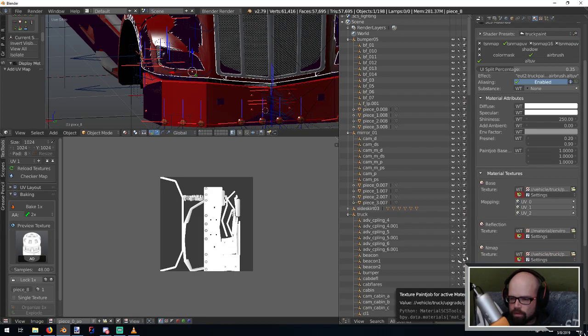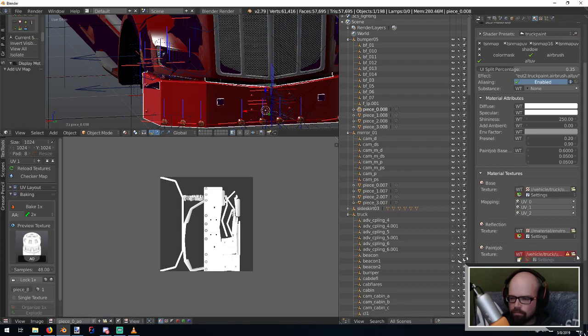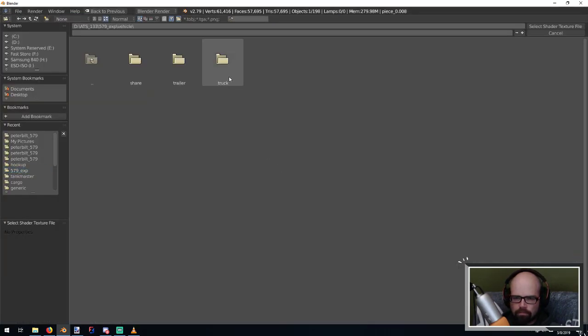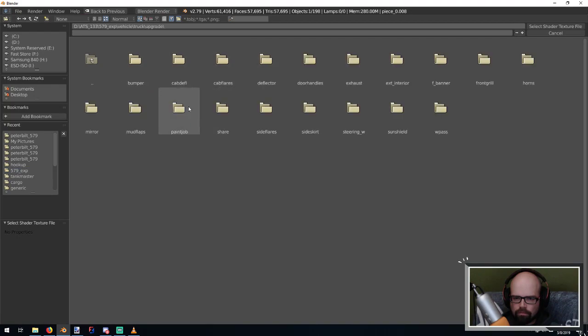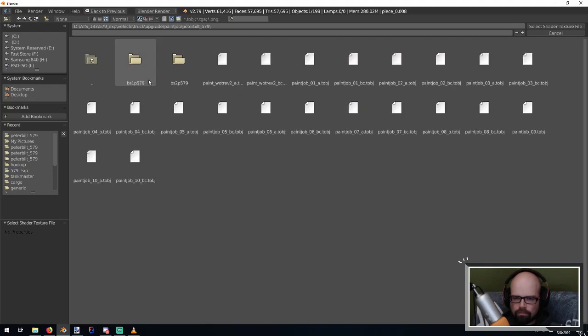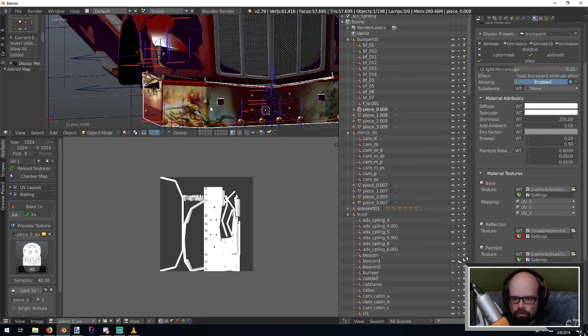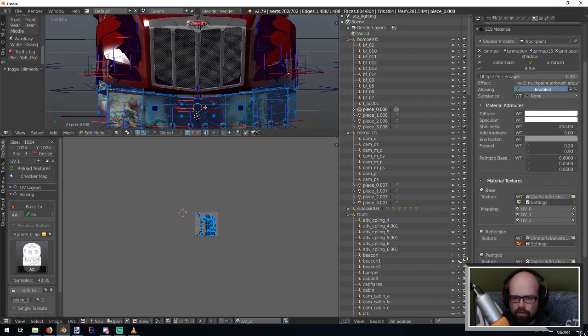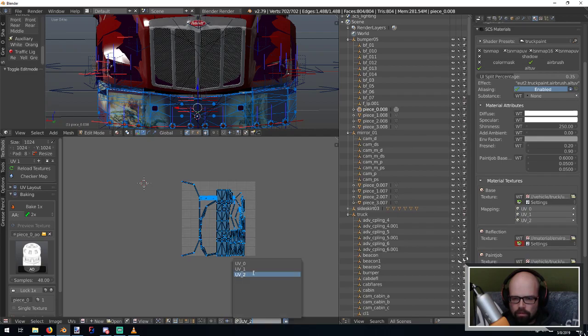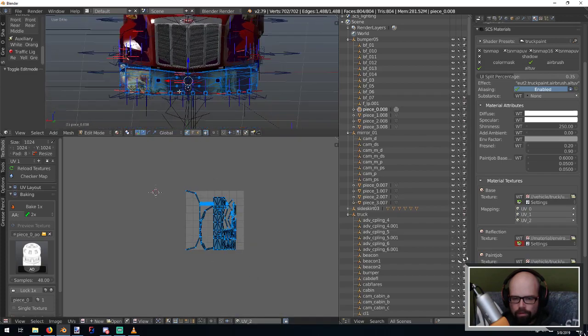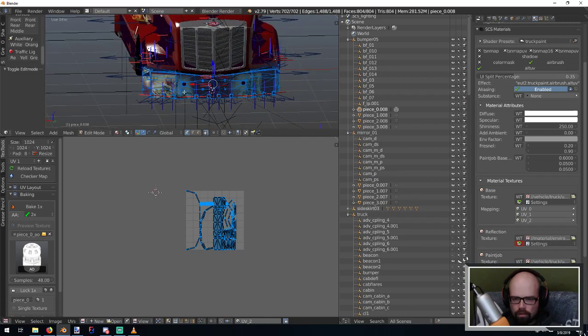Let's go find this. This is Paint Job 01 BC. So now it's going to show the paint job on the bumper, right? Because on UV2, this is what it looks like. UV1's fine, but UV2 is not fine. So